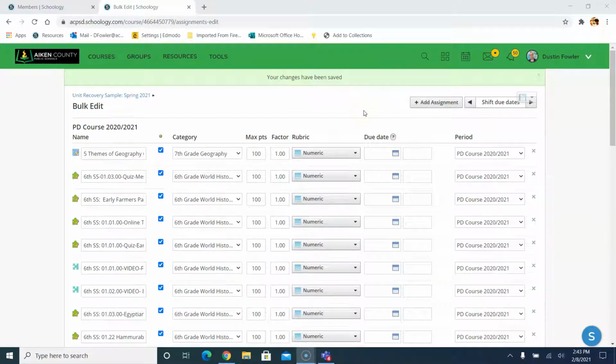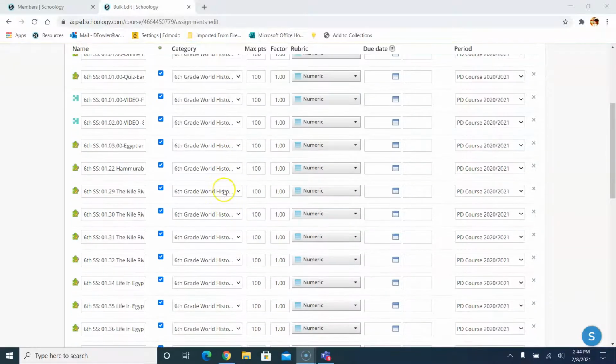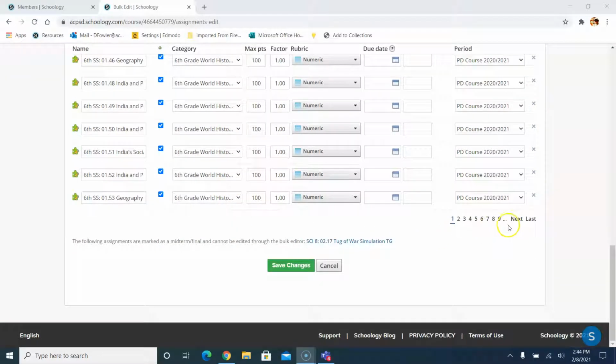So I went ahead and got the grading categories aligned to the proper assignments within the course, and I want to talk just for a second about why that's so important. And also I wanted to say that it did take me some time to do that. I have 21 pages of assignments in this particular course. That is a lot, and it took me by myself probably 35-40 minutes to align the categories, and I was going very quickly by